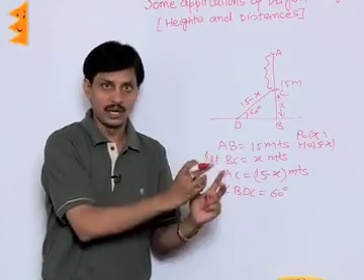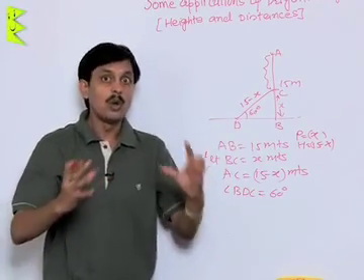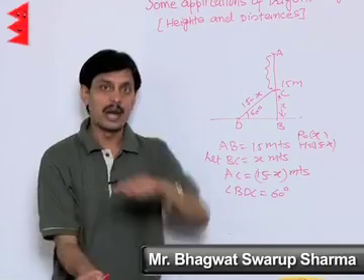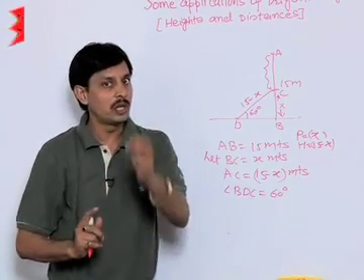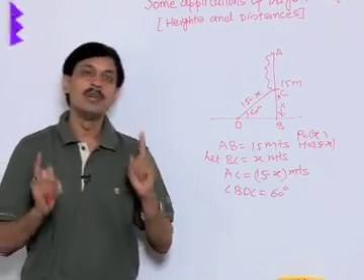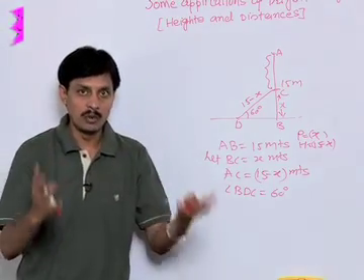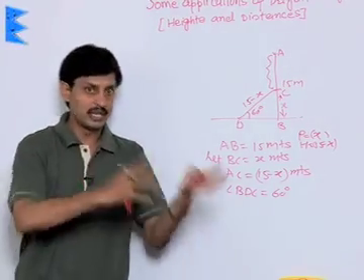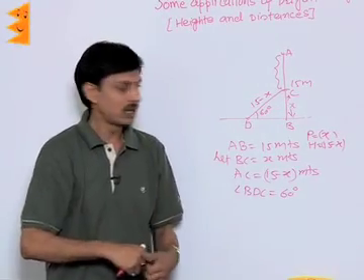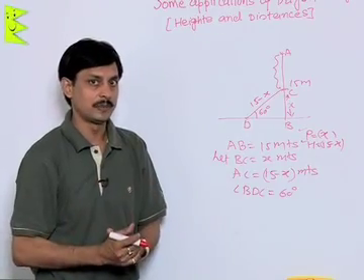After drawing the figure, after plotting the actual situation, we must go through what is required and what is given, and see which trigonometric ratio they fall in. If perpendicular and base, we will use tan or cot. If perpendicular and hypotenuse, we will use sine or cosec. If base and hypotenuse, we will use cos or sec.